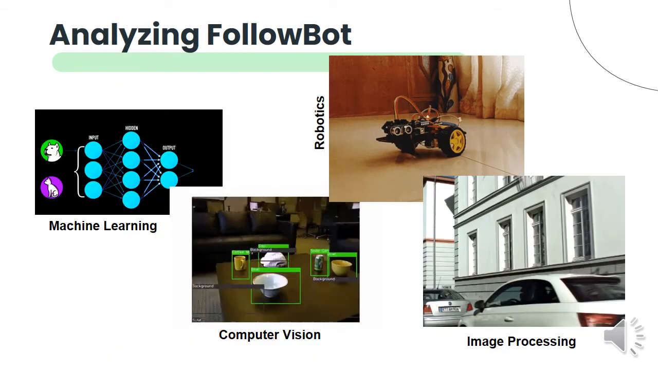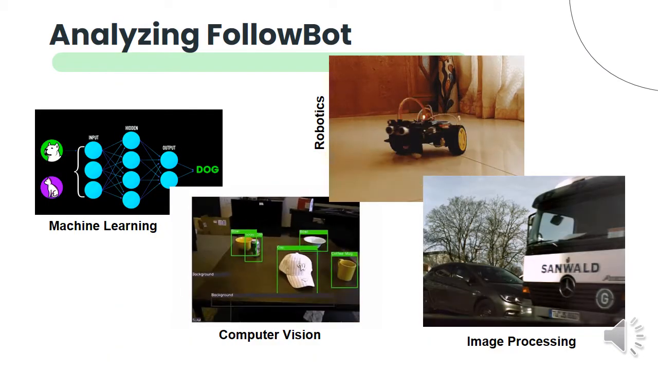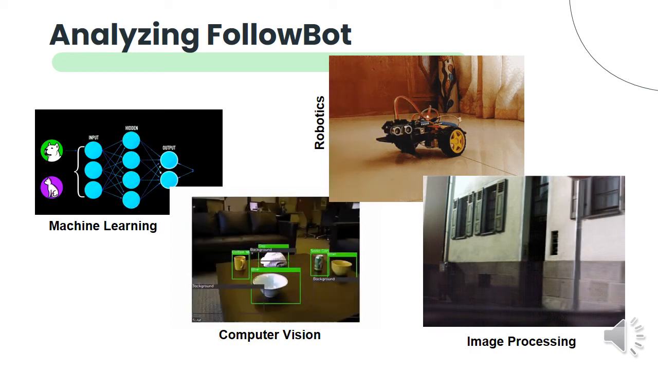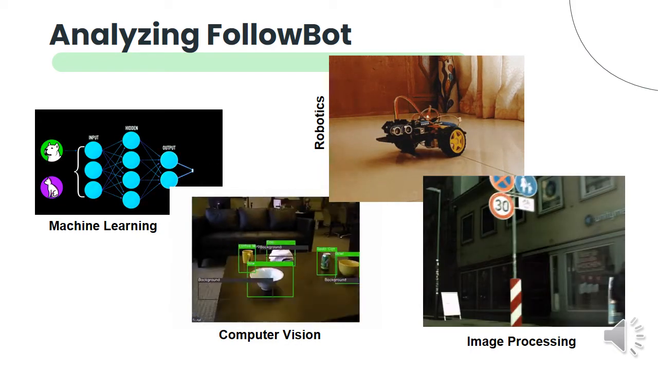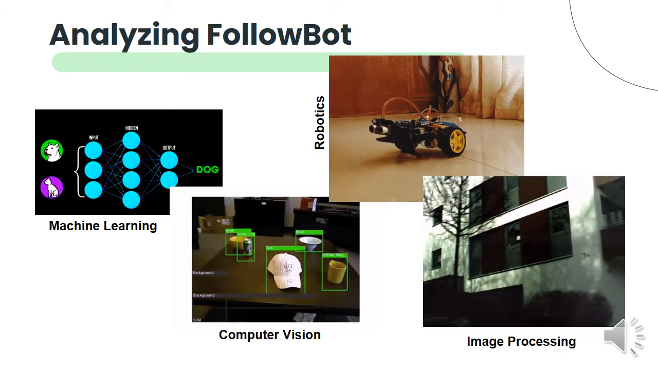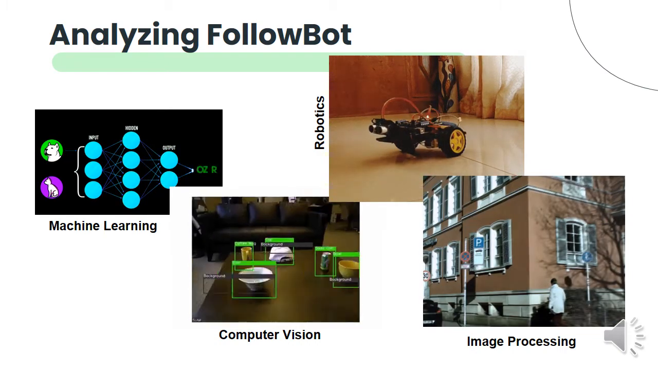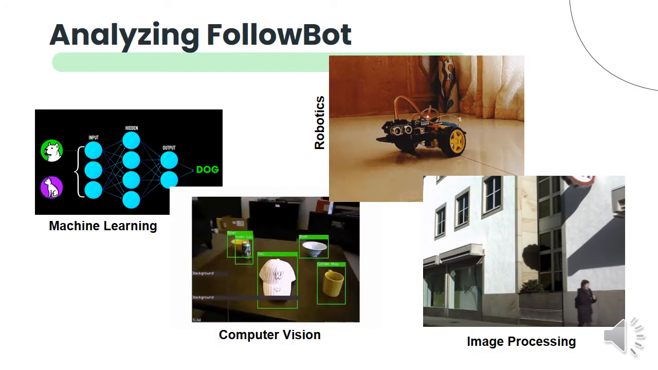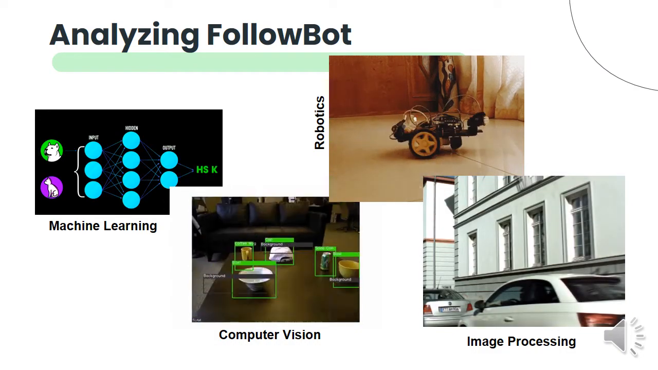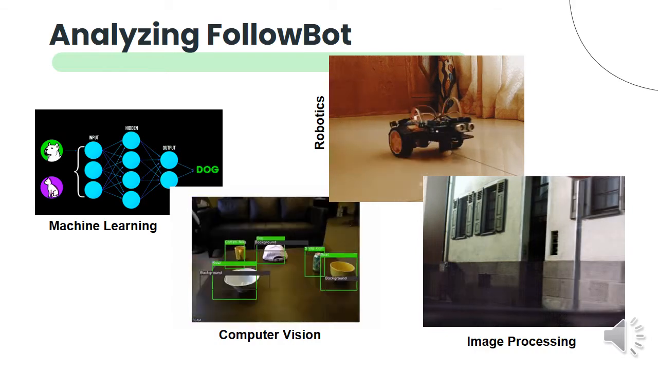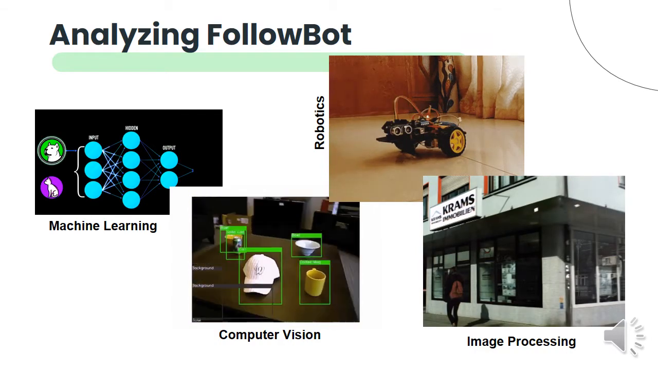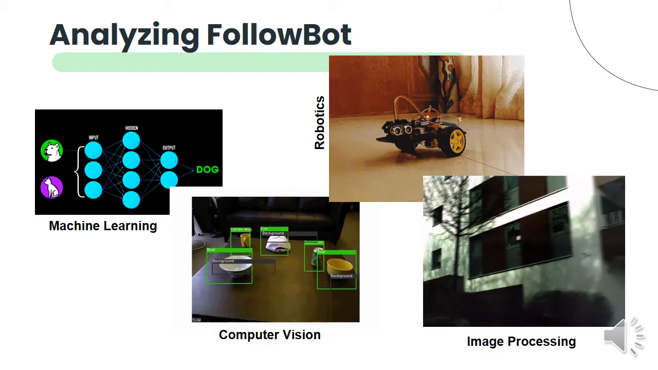Let us analyze the Followbot. In that particular example, there are so many different aspects or branches of electronics which have been integrated together. The first is robotics, which controls the movement of the robot in different directions with the camera held over there. It's nothing but processing the two-dimensional signal called images,